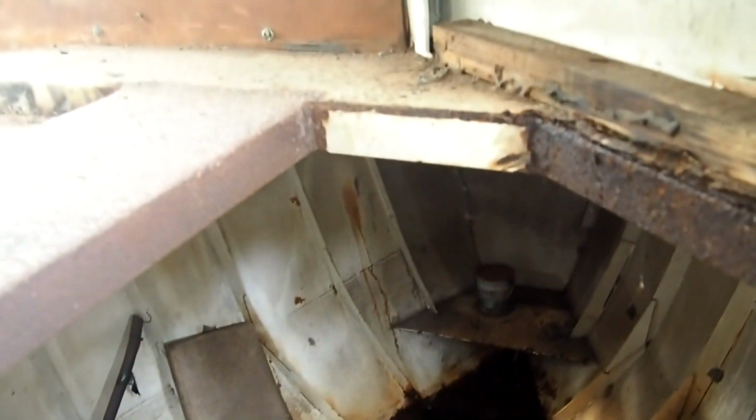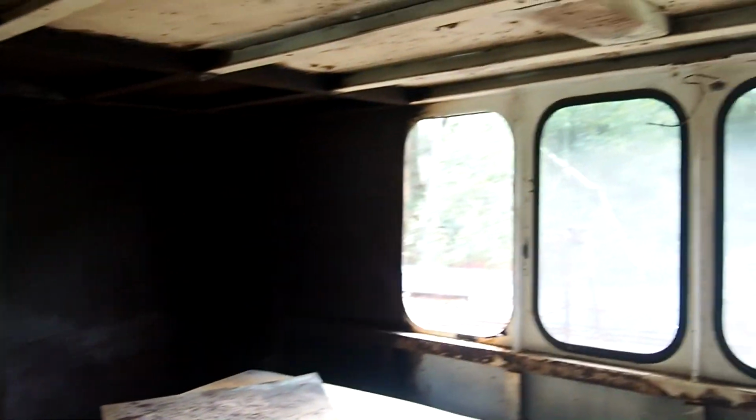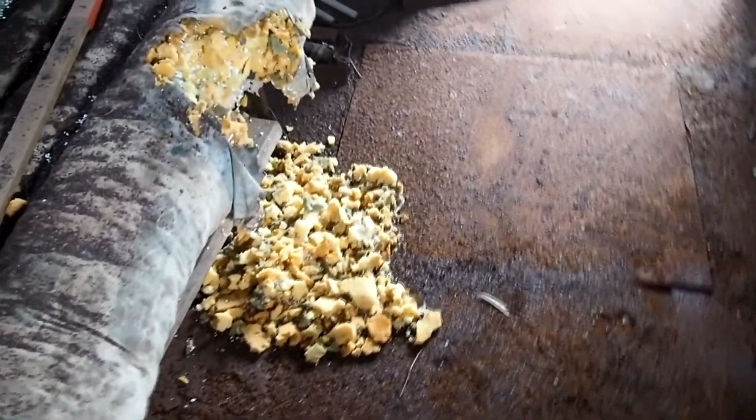First impressions on this, she's fucked. It's such a shame that this boat has come to this. The guys that's put the back on this has done such a beautiful job, and yet it's just absolutely rooted. I'm a bit scared to walk on this floor. I don't even want to open up any of the...